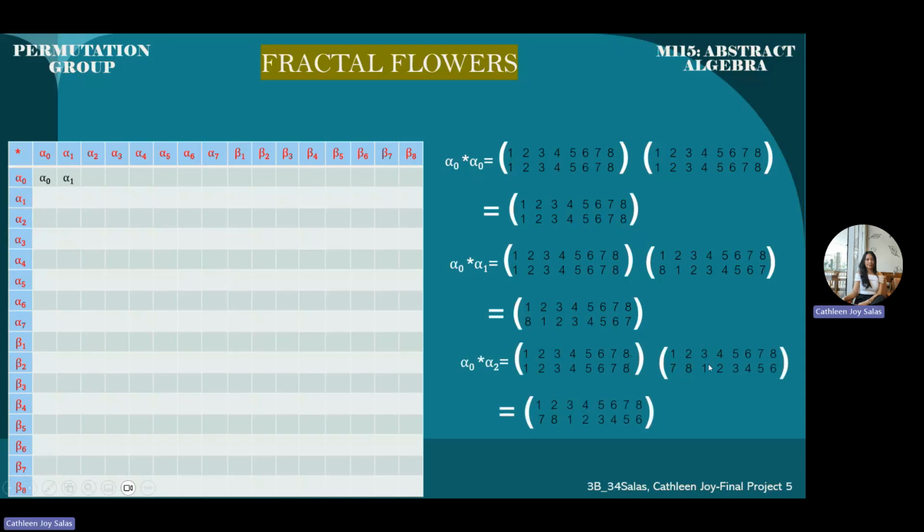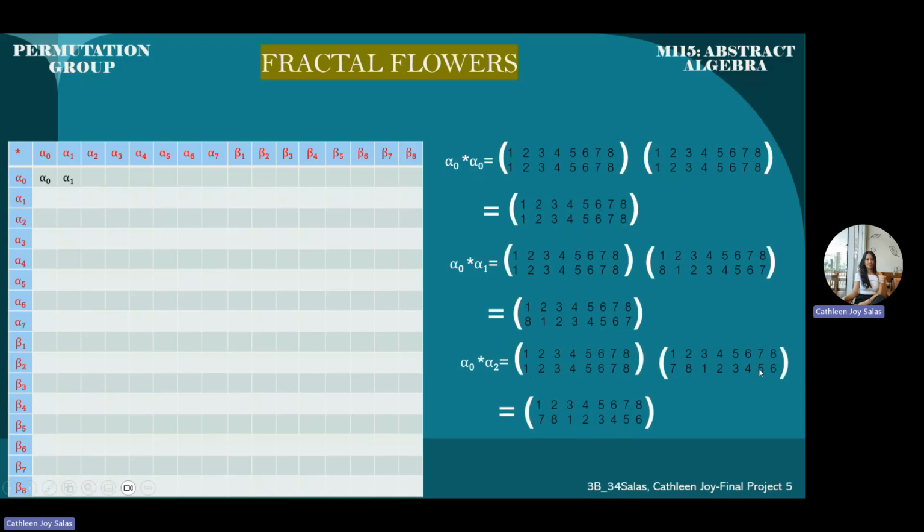And for the 3, we have the 1. So the corresponding elements for 1 is 1. So that's why we have 1 as the product here. So for the 4:2, we have to look at the 2 here, and the corresponding elements is 2. That's why we have the product 2 here. So for 5:3, we have 3 here, and the product is the corresponding elements, which is 3. So 6:4, we will look at the 4 here, and the corresponding elements is 4. That's why the product here is 4.